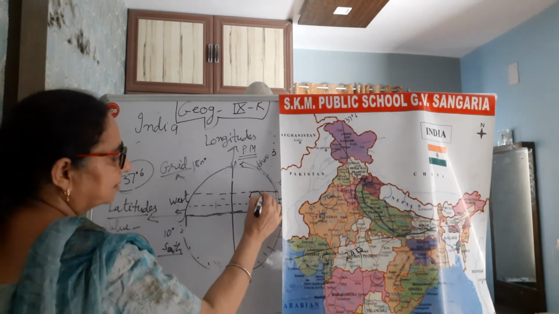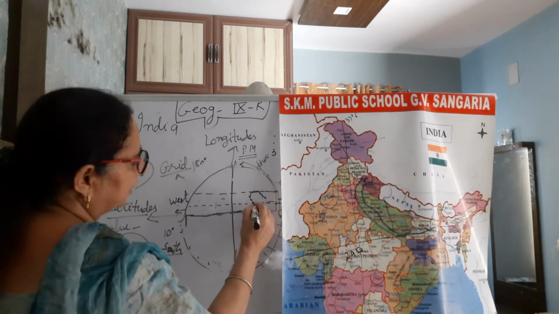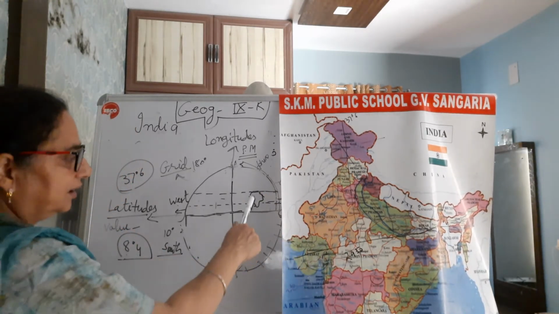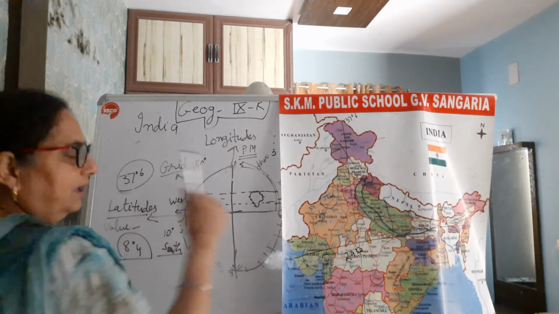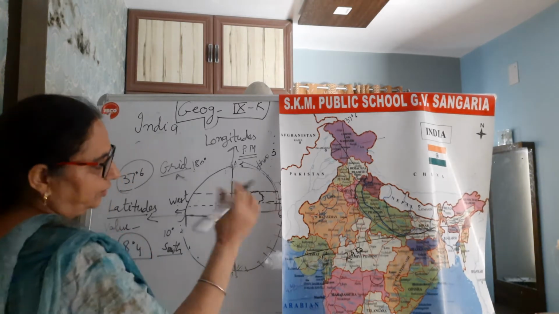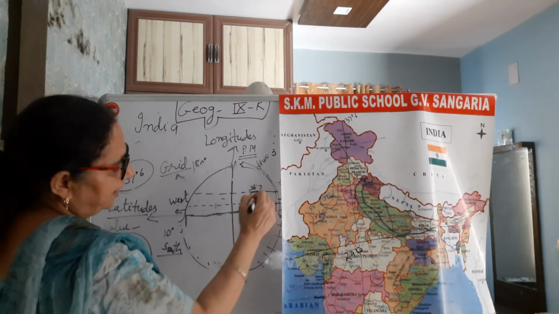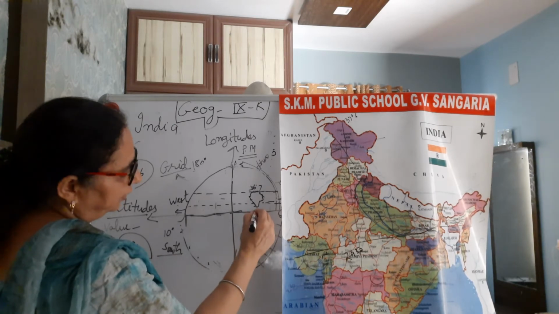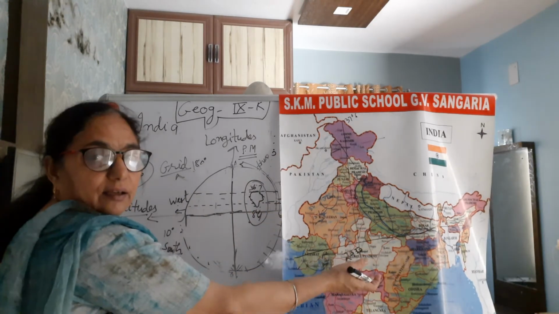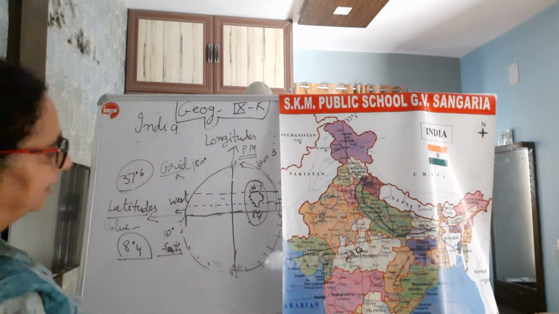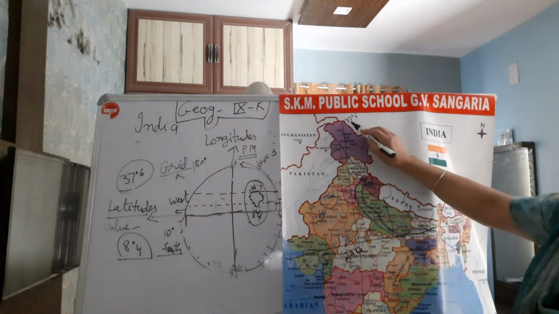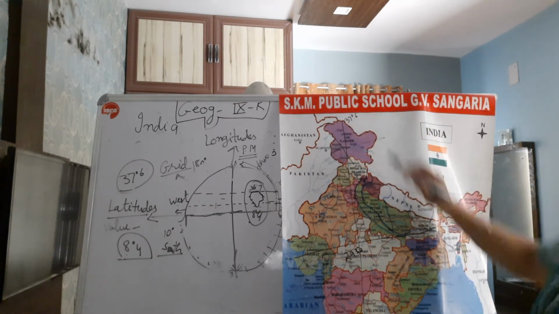Okay, this is something like India that I have put here outside also, the location and size of India. This is located here on the world map, or you may see on the globe, right? And once again, this is the location of India, 36.7 degree north, 8.4 degree north, and it is the equator. Now this India we have taken here, and now come to this map. If I tell you that this is 37 degree 6 north, right? It is also